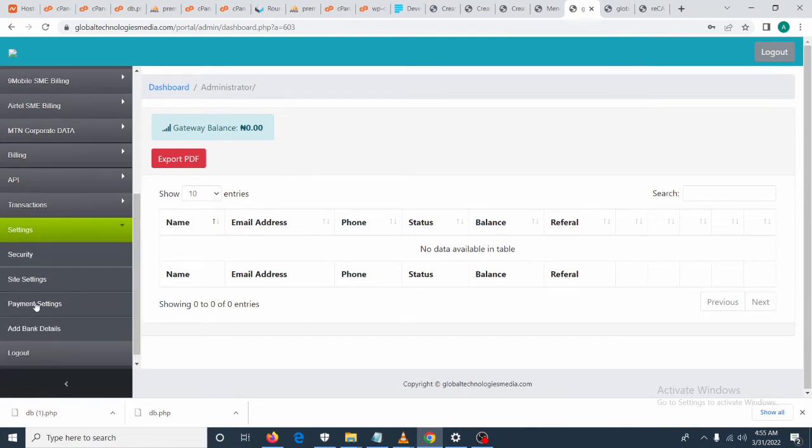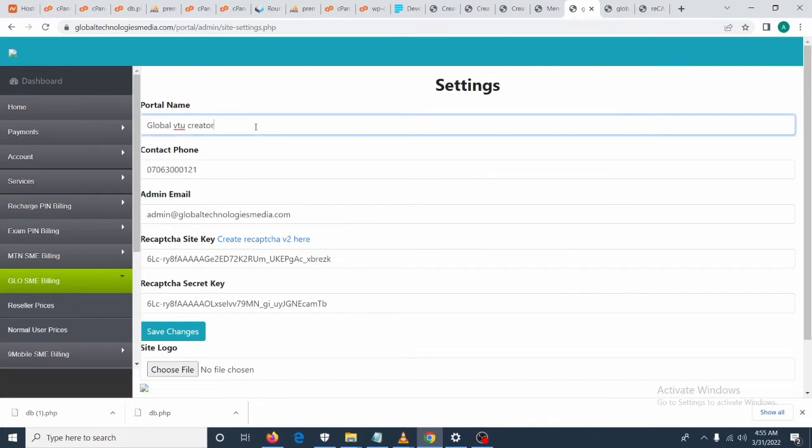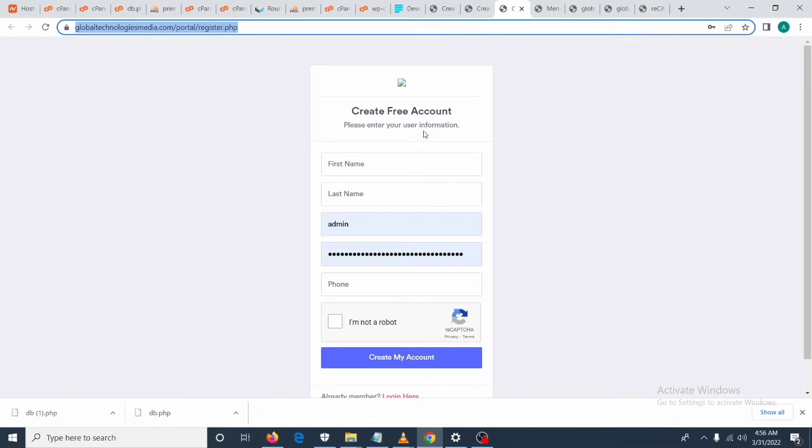On site settings, just click on it. Then go ahead and edit this name. Implement your portal name, the phone number, and your admin email. For this captcha key, if you notice, when you click on create account, this will show